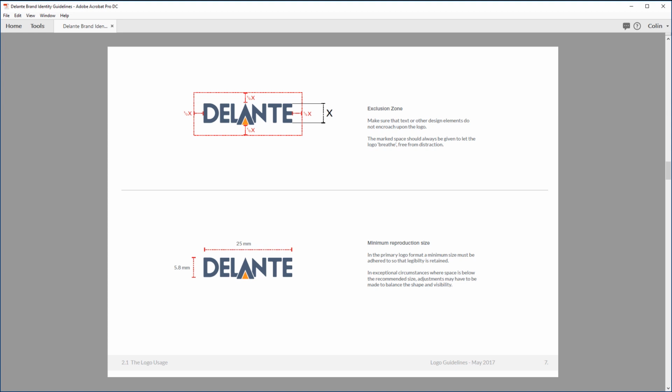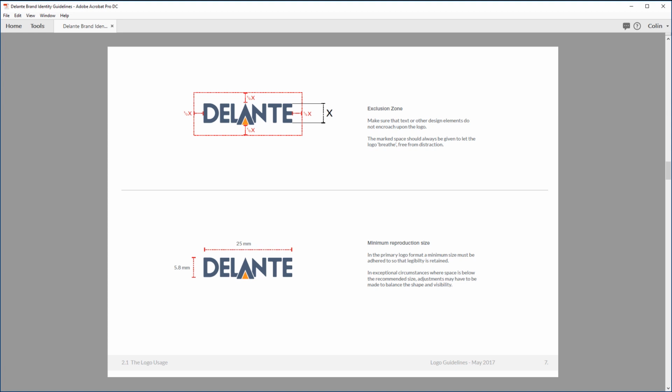Now the exclusion zone is basically the amount of white space that should always be left around your logo. Otherwise you could find if you give your logo to another company to use and say they're making a publication or a brochure, they may put your logo quite close to some blocks of text or some imagery, and your logo gets a bit lost. So what you want to do is specify a minimum amount of space that must always be left around your logo. Now I use X sizes, so I'll choose a part of the logo, give that the specification of X, and then the space around will be a fraction of whatever that X size is. It just makes it easier to work out rather than having specific numbers which could change at every different size